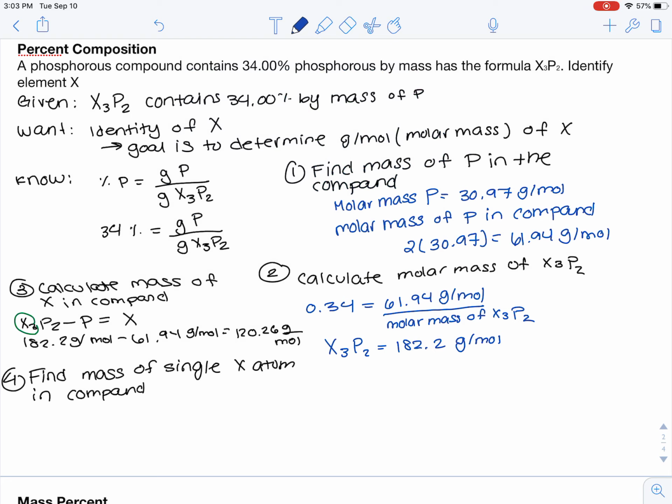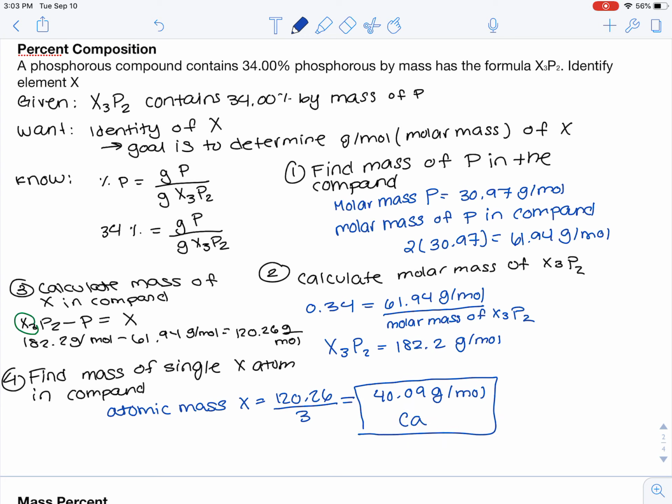Since this is a molar mass and we have 3 moles, the atomic mass of X can then be found by taking the mass per 1 mole divided by 3, which gives 40.09 grams per mole. And if you then look at the periodic table, you figure out that that's calcium, and